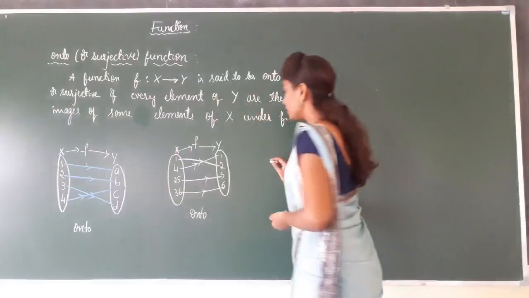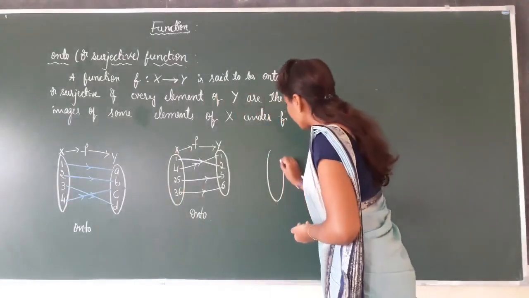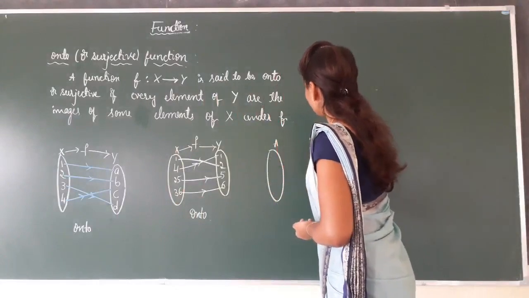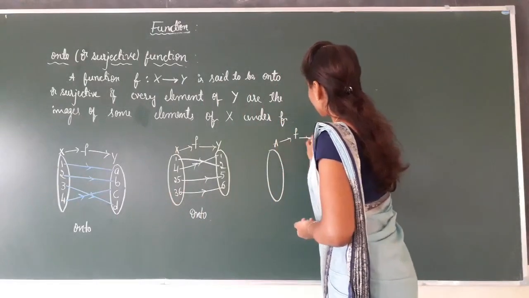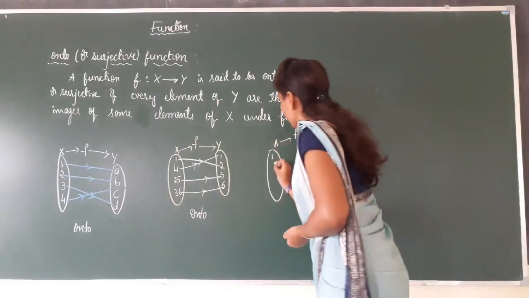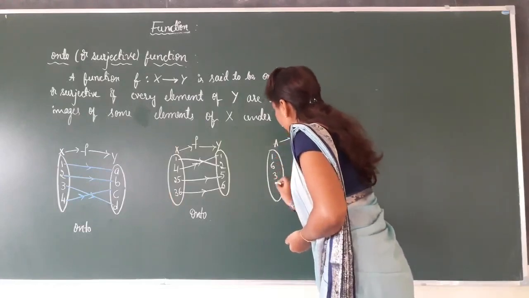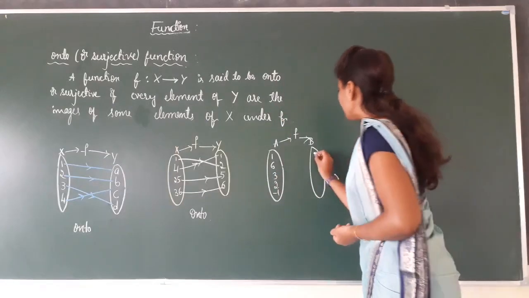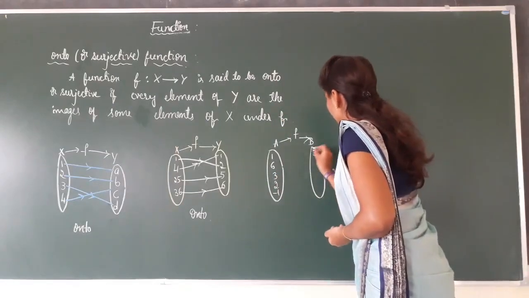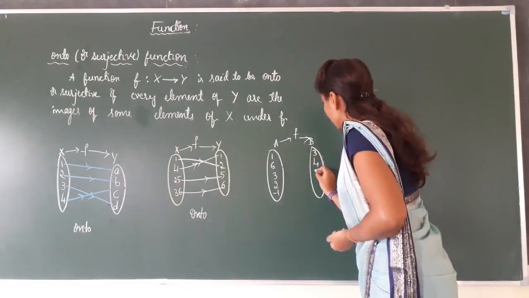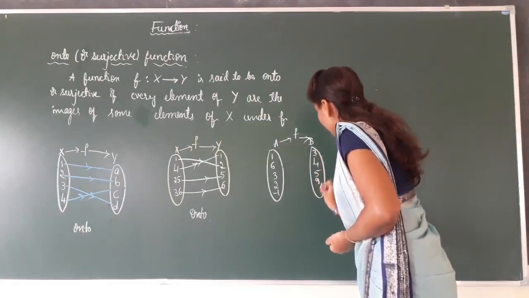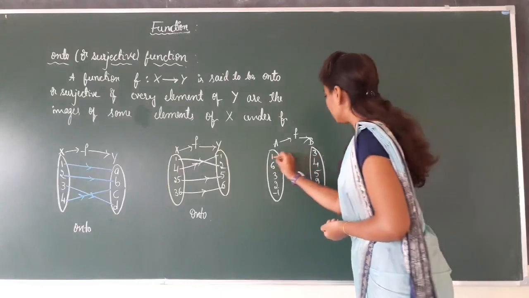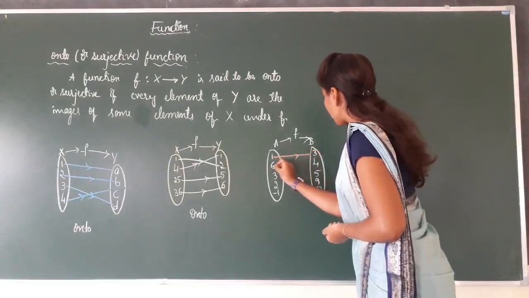Observe another example. A function f from A to B, A having the elements 1, 6, 3, 2, -1, B having the elements 3, 4, 5, 9, 10. So 1 is mapping to 3, 6 is mapping to 4,